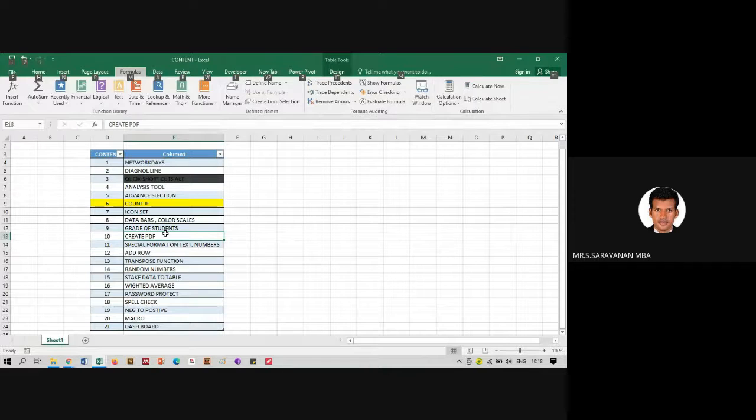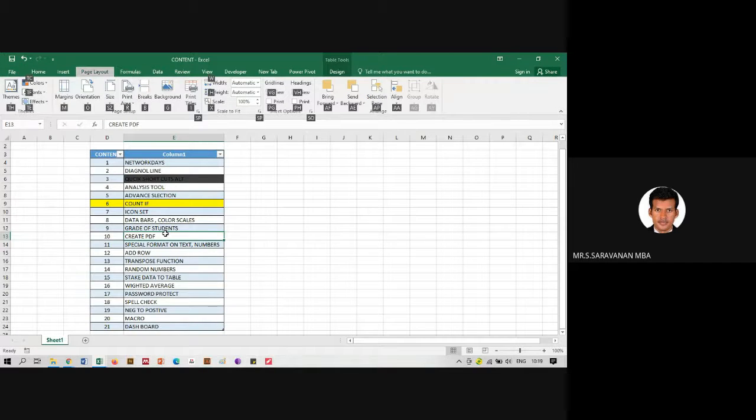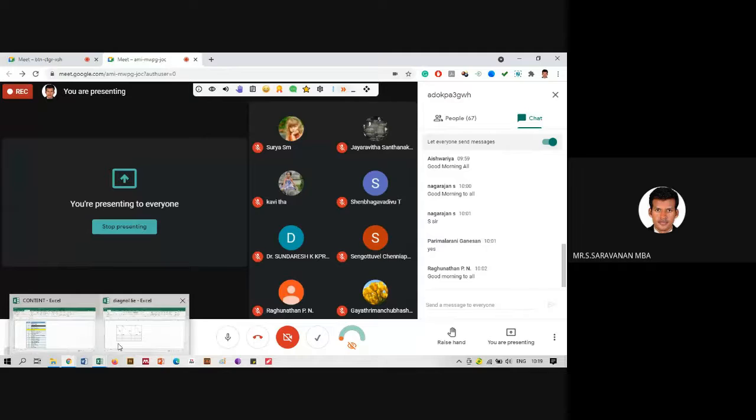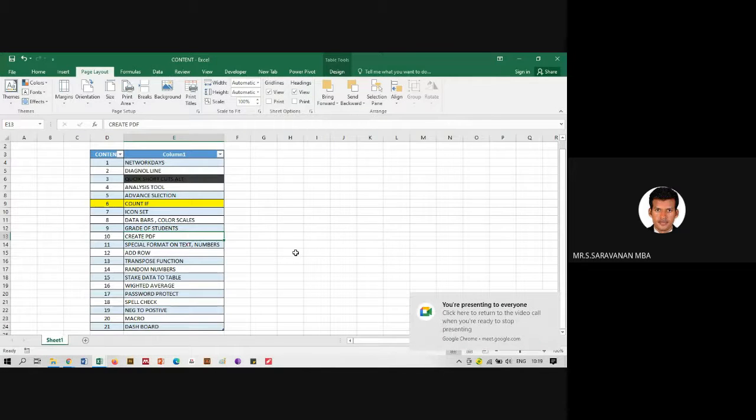If you want to go for Page Layout, go to P. So all this information can be edited using the basic Alt function. So through Alt, you can edit any information you want. So that is the basic shortcut we have done.